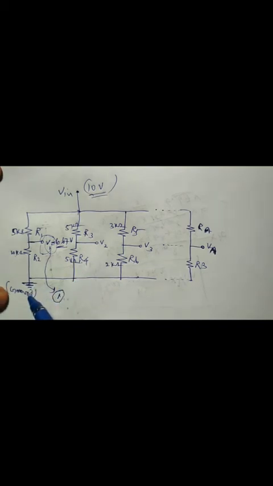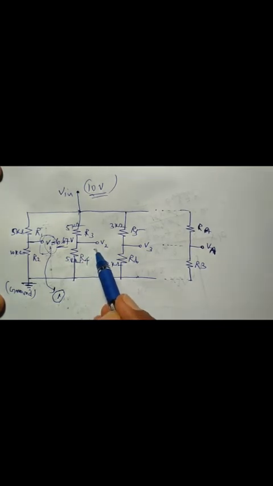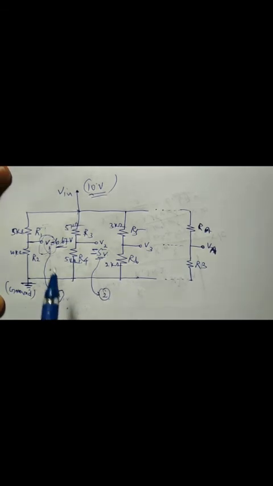Similarly, the second potential divider is constructed with the help of R3 and R4. R3 is directly receiving the 10 volt Vin here, and the other end of R4 is grounded. The divided potential between R3 and R4 is V2. If you choose 5 kilo ohm for both R3 and R4, which we also discussed in the previous discussion, then the potential will be exactly divided by half. So you will get 5 volts for V2. This alone will be capable of driving the second stage of the complex circuit.